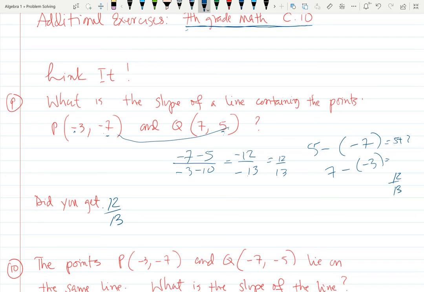Or if you do 5 minus negative 7 divided by 7 minus negative 3, what is 5 minus negative 7? It becomes 5 plus 7. And 7 minus negative 3 becomes 7 plus 3. The same thing, 12 over